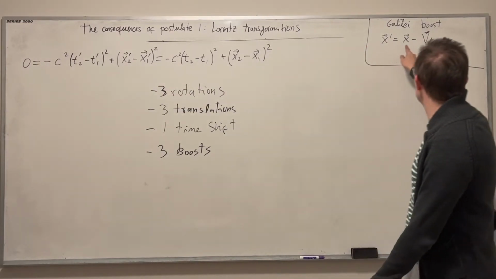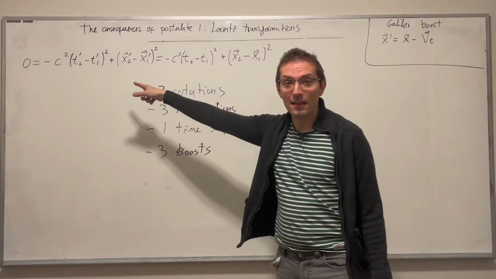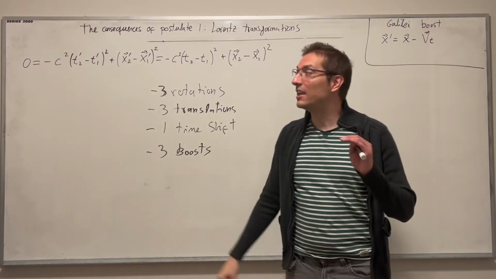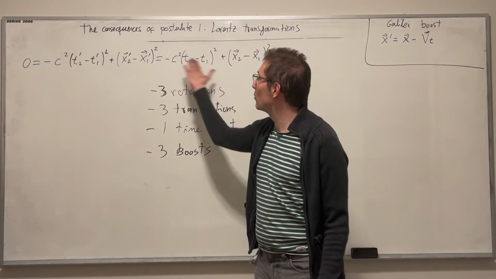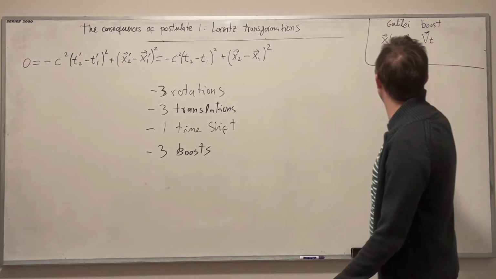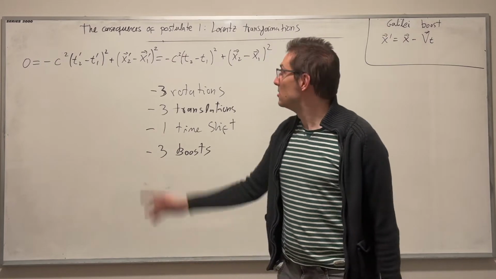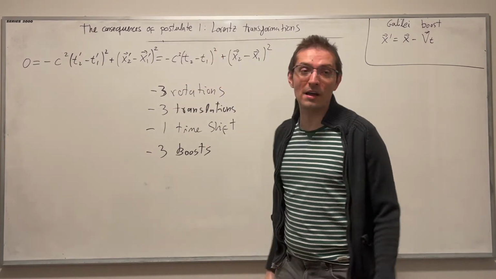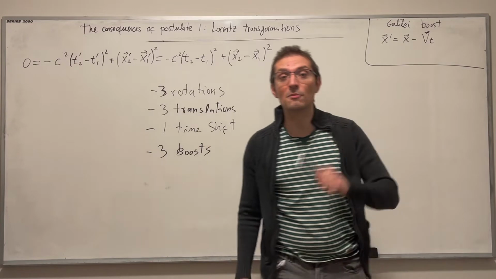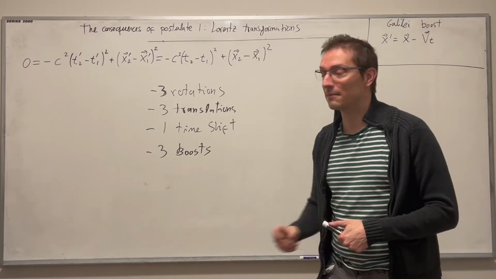Now, if I substitute this here, then that will give me a wrong equation. This equality cannot be satisfied if I substitute the Galilean boost. Substituting this into that will give a mathematical inconsistency. So if that is true, which comes from postulate 1, this cannot be the transformation. Let's compute what the transformation should be instead.